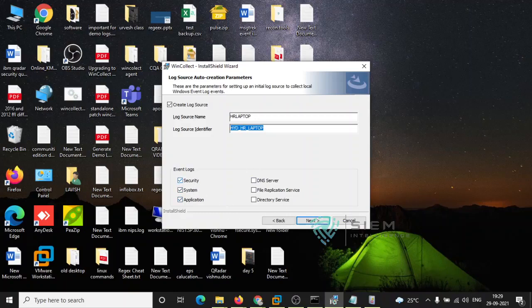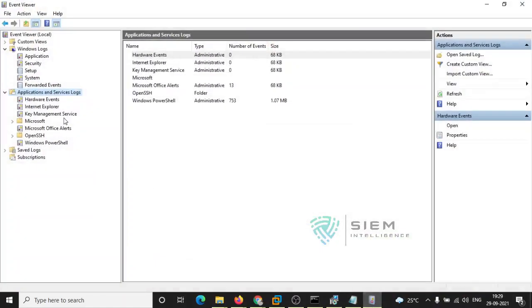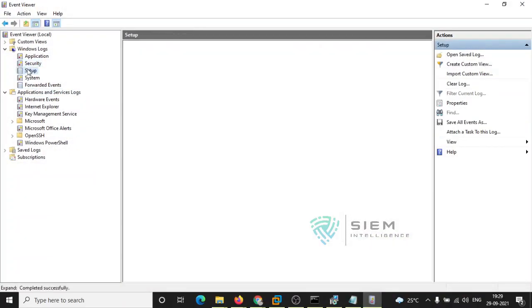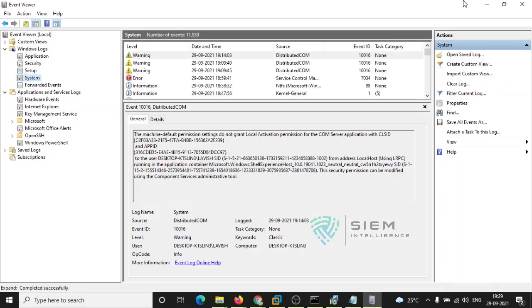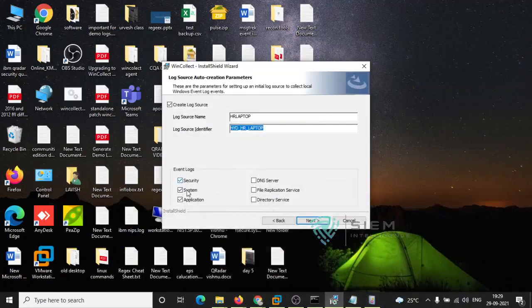One is the security logs, as we have seen here. These are the security, setup, application and system logs, all 4. Setup is included in system only. Followed by that, if you have configured a DNS server, you can send from here. If you have a replication service, FRS or DFSR, the distributed file replication service, you can send it from here only. If you have configured Active Directory or LDAP, the directory services also. By default I am sending all these.